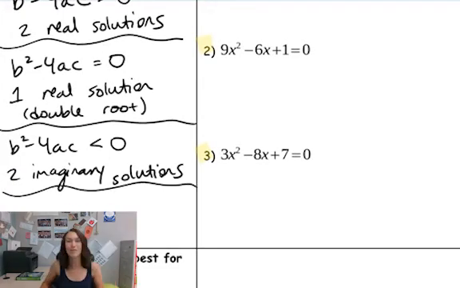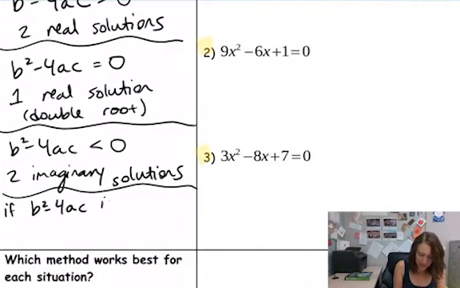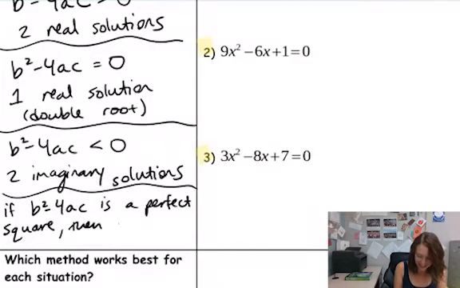And then there's one other really cool thing about the discriminant. If b squared minus 4ac is a perfect square, so if it's a perfect square number, like 1, 4, 9, 16, 25, 49, those sorts of things, then your equation